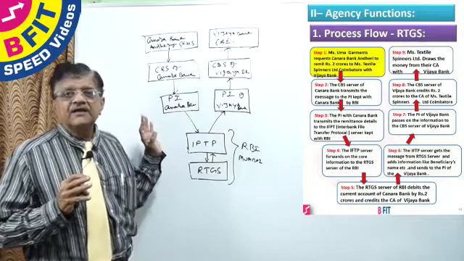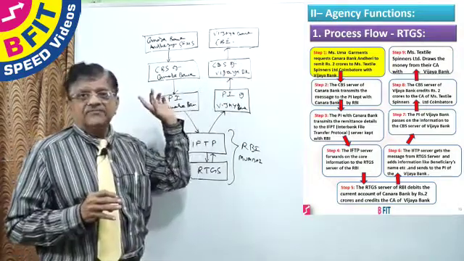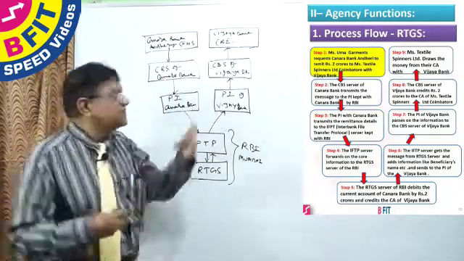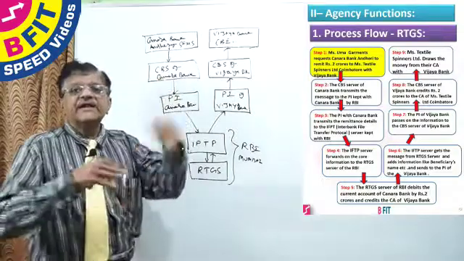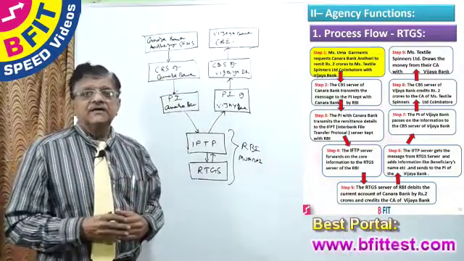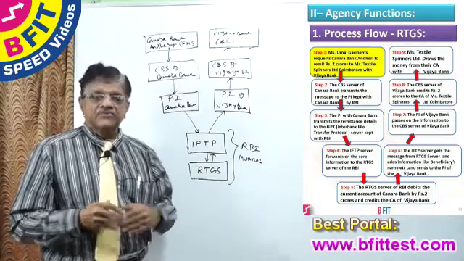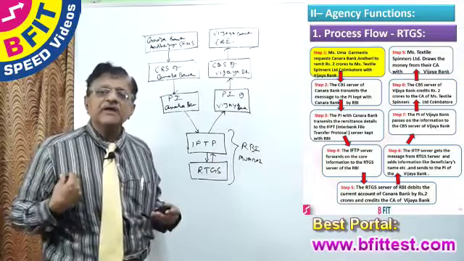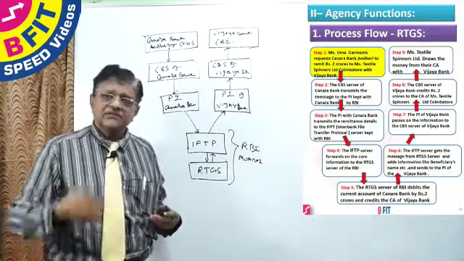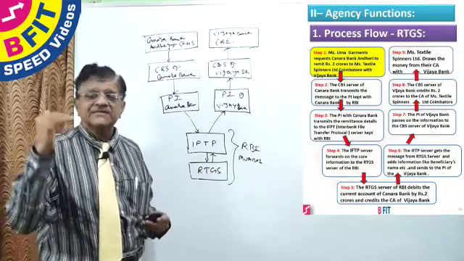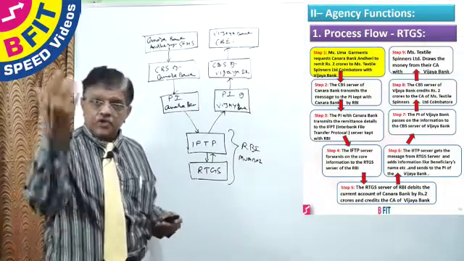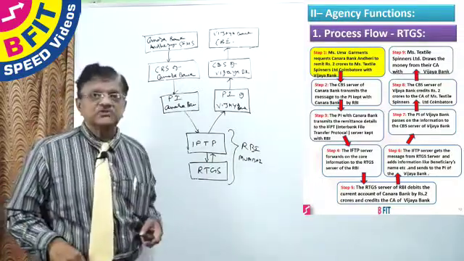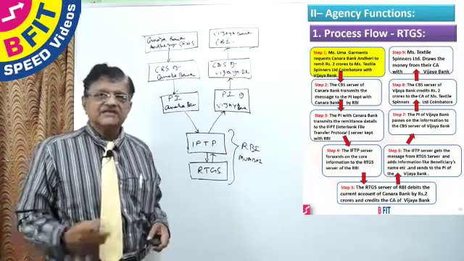As I told you earlier, if Vijaya Bank has to remit 20 crores to Canara Bank after 10 minutes, they will make a reverse mechanism. There is no netting. Each transaction is settled on a gross basis. If I have to pay you 100 crores, you take it now. After 5 minutes, if you have to pay me 150 crores, you pay me then. Therefore each transaction is settled on a transaction by transaction basis, so that neither I nor you take a settlement risk on each other. So this is how the process flows in the RTGS.